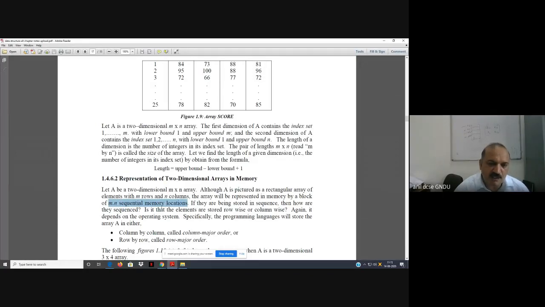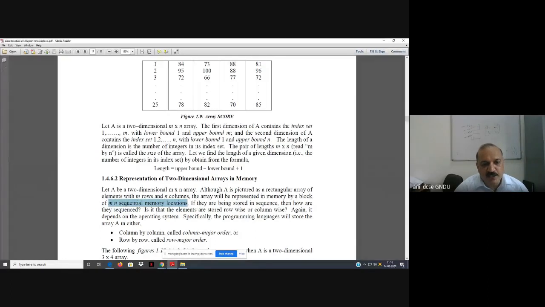So it is a rectangular array as we show, but in memory it will be represented by m into n elements in sequential memory locations.